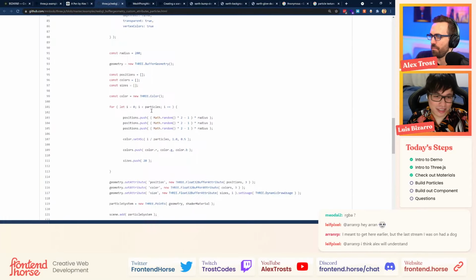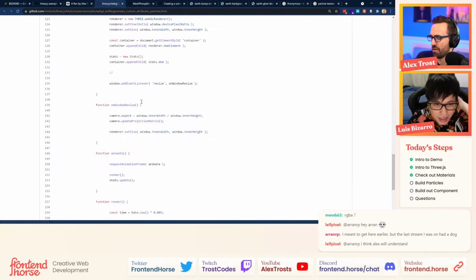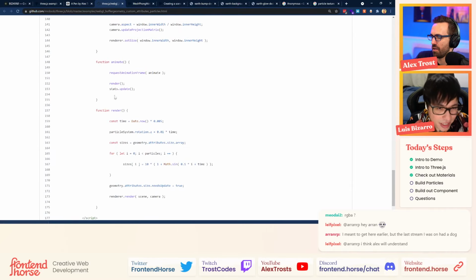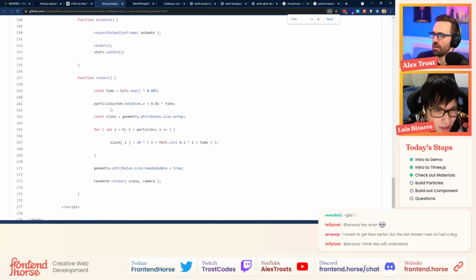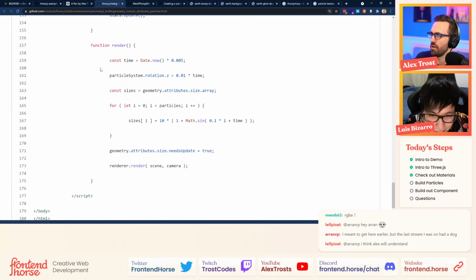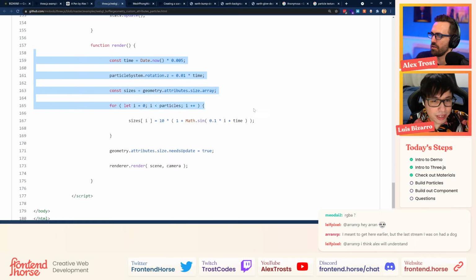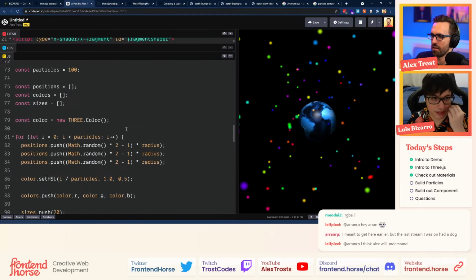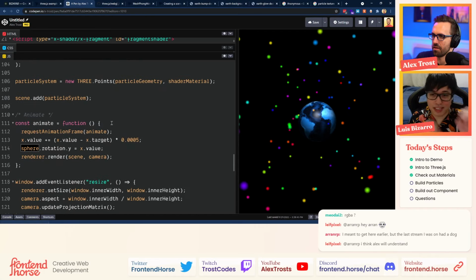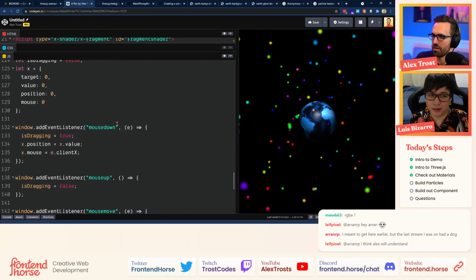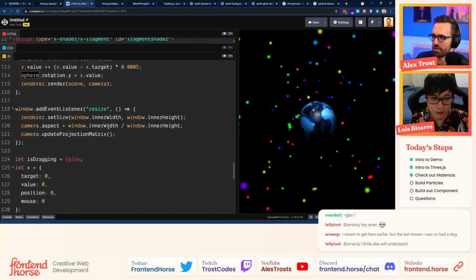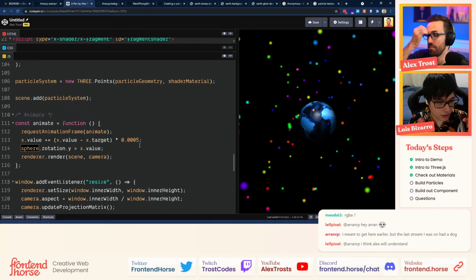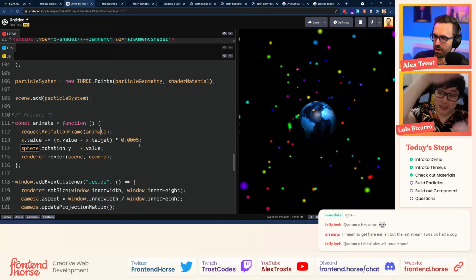Okay, so do we want to do that super quickly? Yeah, if you scroll this down a little bit, I'm pretty sure it's a bit pixelated here, but we have the sizes that are being updated, but we can use something simpler. Okay. Let's go to the code and we can do something easier together. We're going to basically fade in and fade out the different particles together. So in the animation frame, let's go step by step first. Sorry, let's go back to the shader and let's create the uniform first.